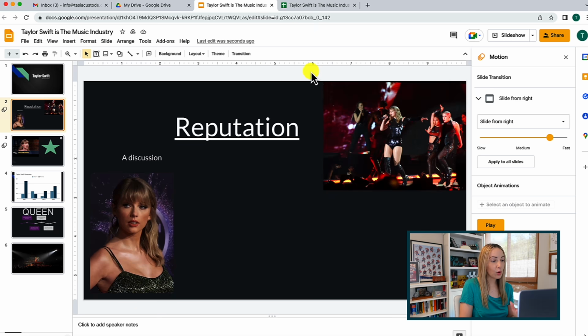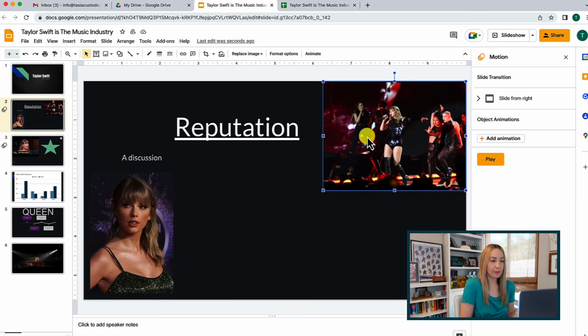But transitions are only part of the fun. Any element you add to your slide can be animated. So simply select the element, and then here on the right, our object animations option is going to be popped up for us. Now, if you don't have that appearing on the right, it's probably because you weren't already in the slide transition selection. So no worries, you would just select your object on the slide and then click on